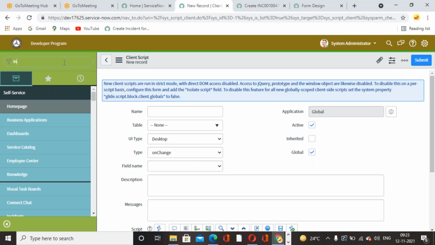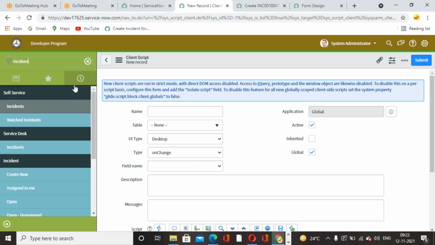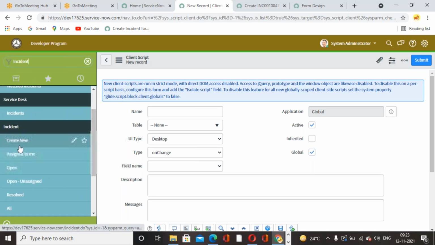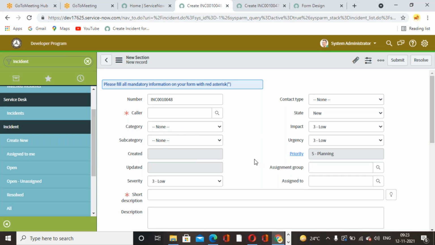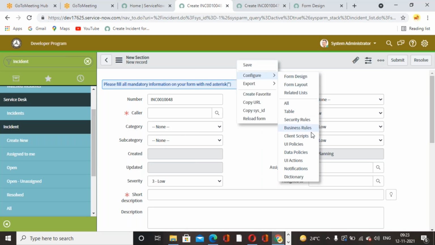First of all, you can navigate to the incident table. It's a very important question. Click on create new. It's a real case scenario. You can take any field category. So the category field, I want to make mandatory using a UI policy. Right click, configure, go to UI policy,